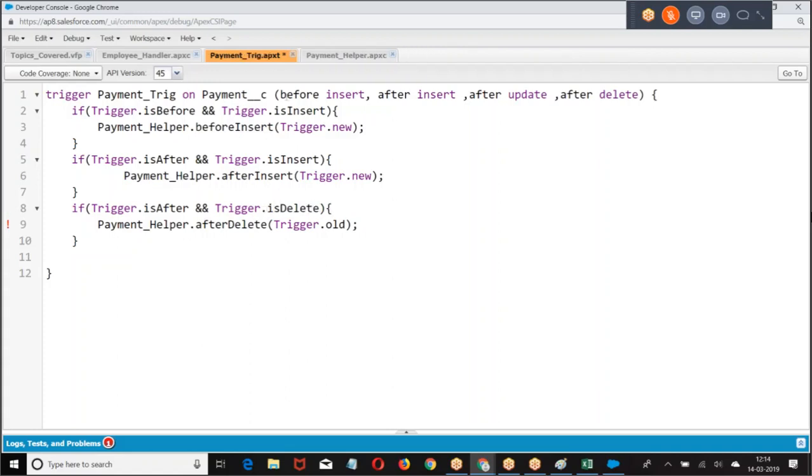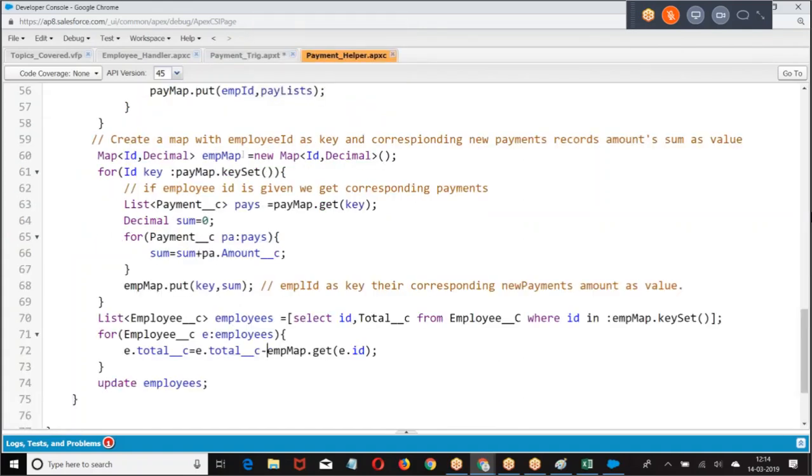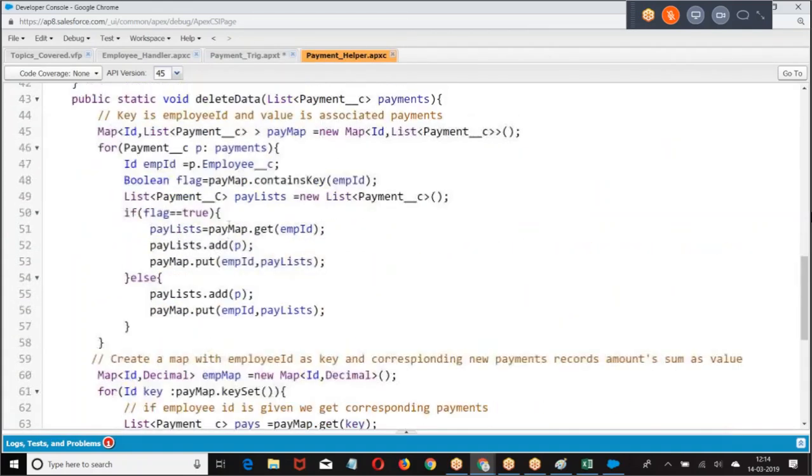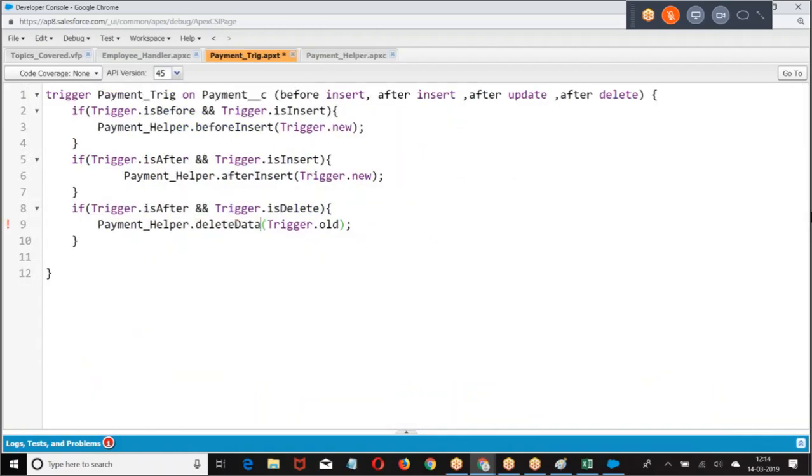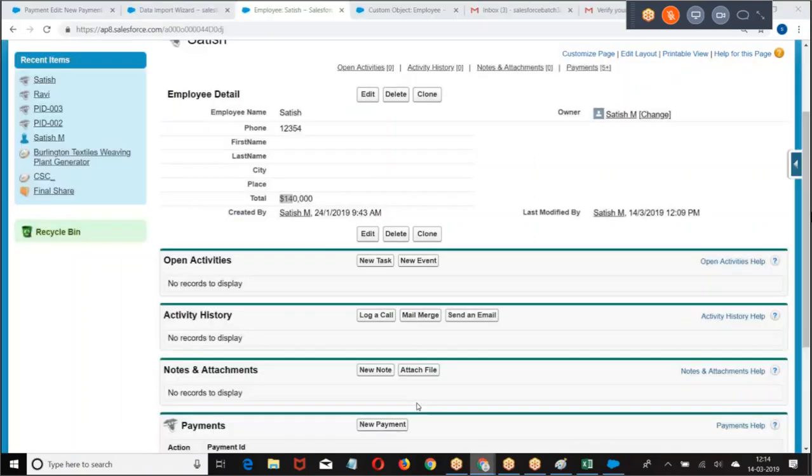Then let me run this. Then go back to any one of the records and cross check whether it's working fine.